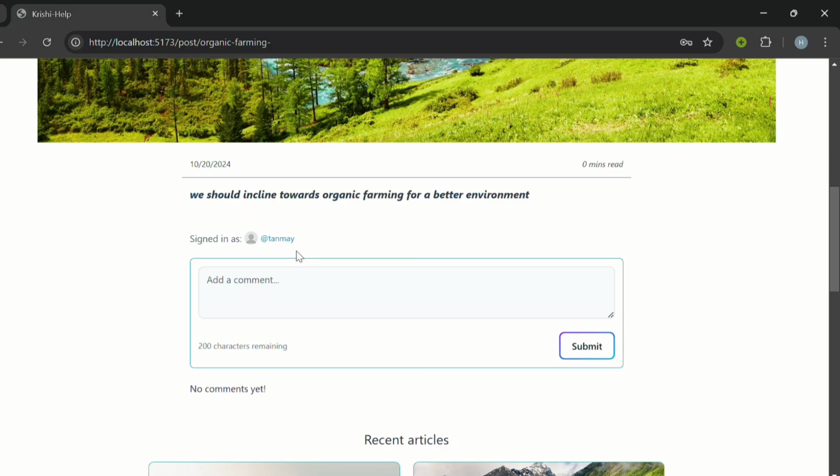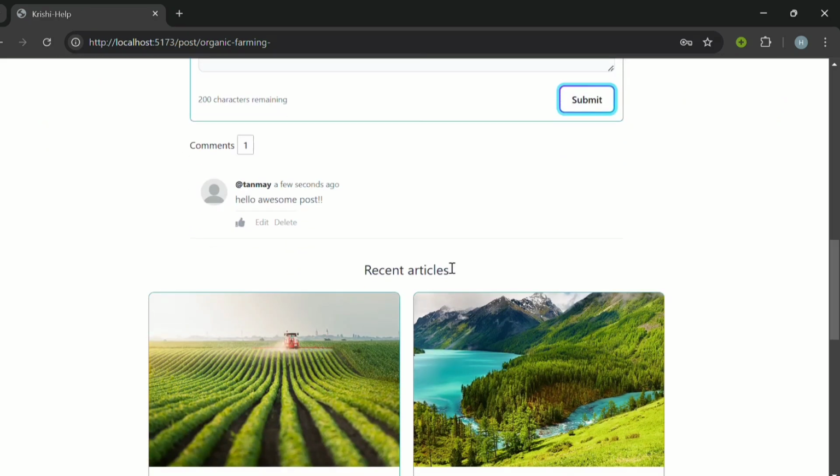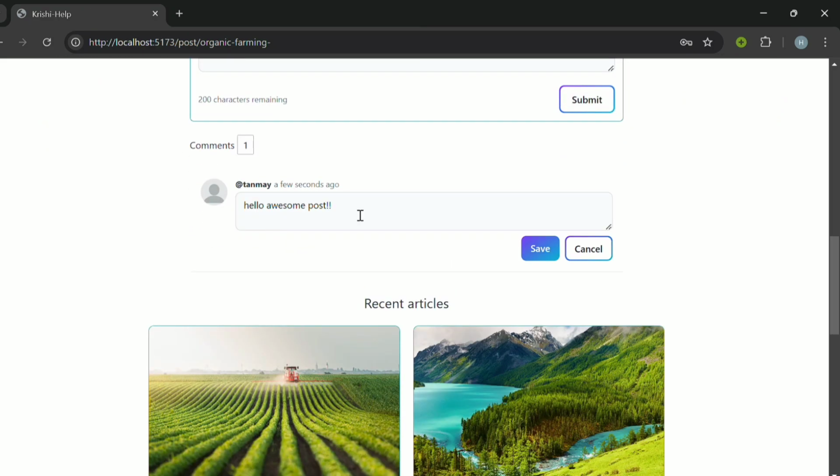Now we can also add comments to these posts, like hello, awesome post. Let's submit it. As you can see, the comment has been added. We can also edit these comments.